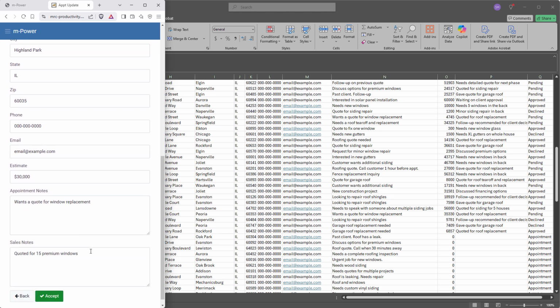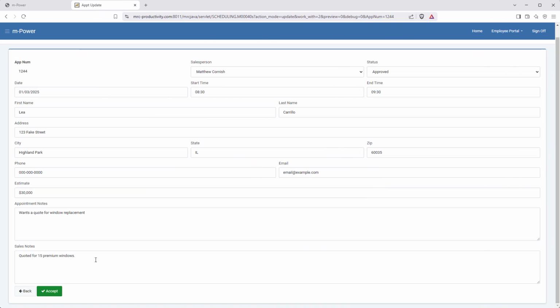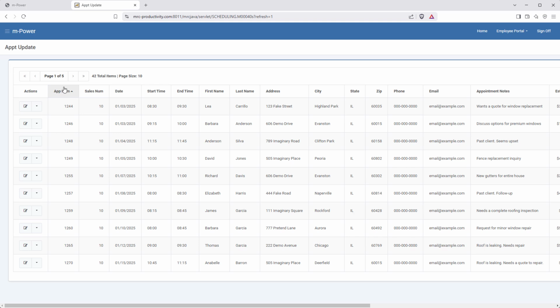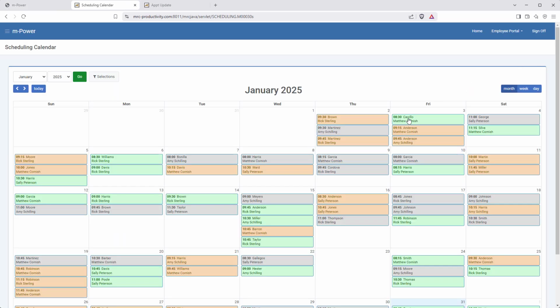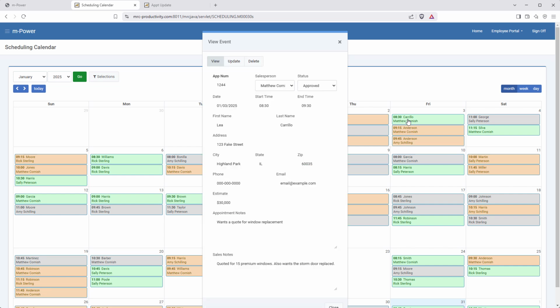Now, suppose that we need to update the notes on this entry. I can quickly add an update to my notes right in here. And once I've updated this form, these changes automatically show up in the calendar because we're both working over the same database table. So if I go back and reopen my calendar, you'll see that the appointment has been updated in there as well. Okay, let's do one last thing before we finish.